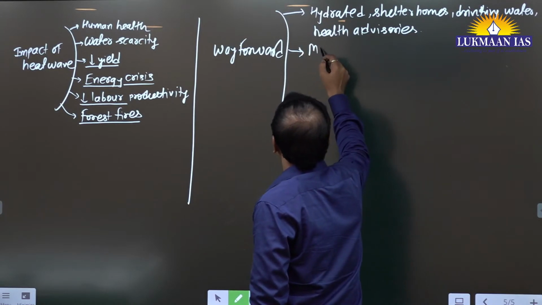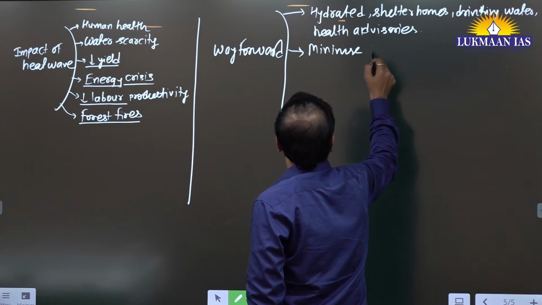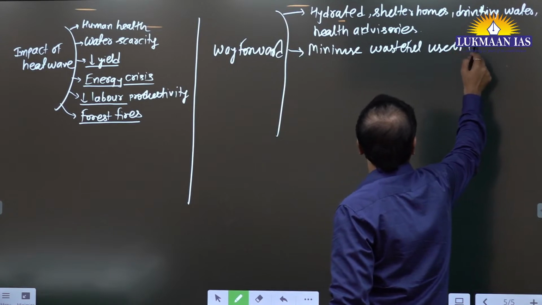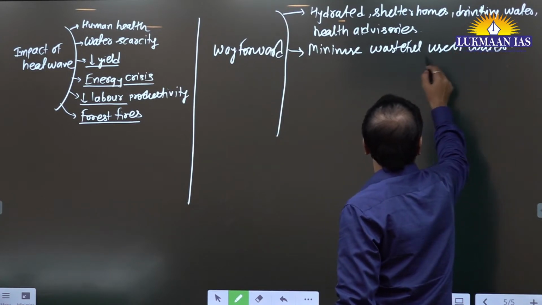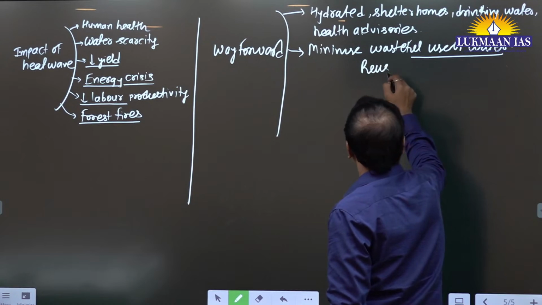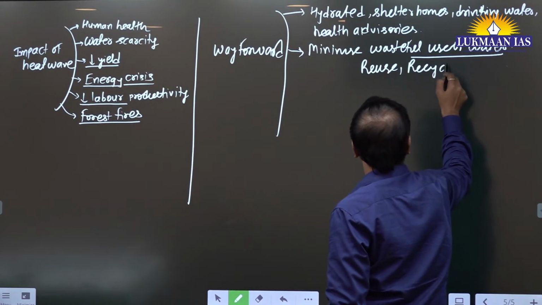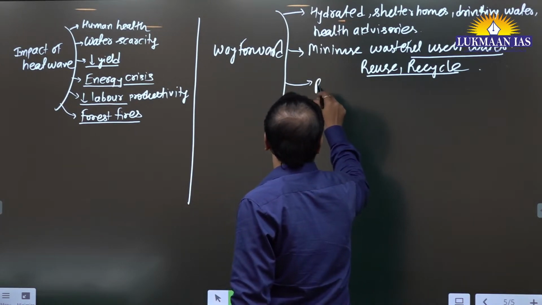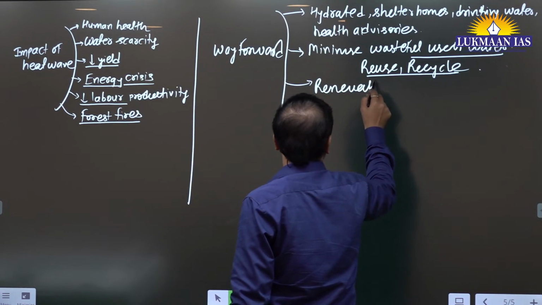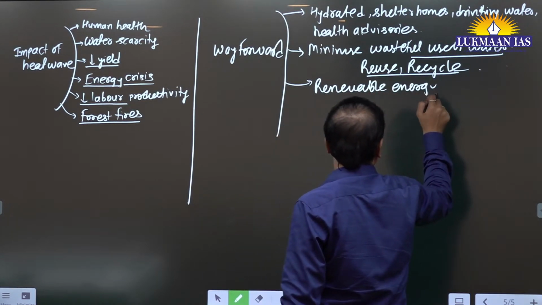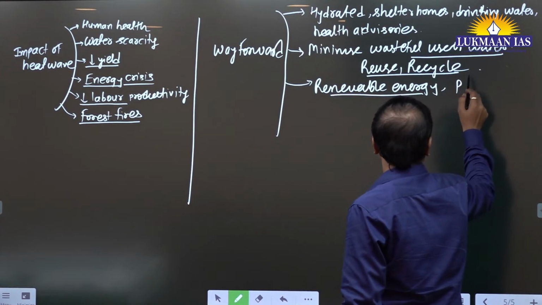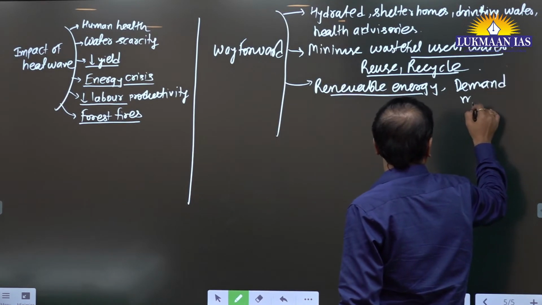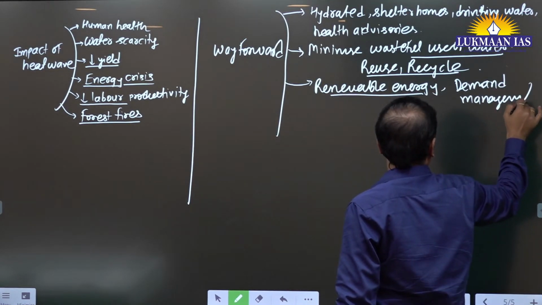So minimize wasteful use of water, reuse, recycle. Energy crisis, focus on रिन्यूएबल एनर्जी प्रोडक्शन, इसमें एक ये भी होता है डिमांड मैनेजमेंट। डिमांड मैनेजमेंट